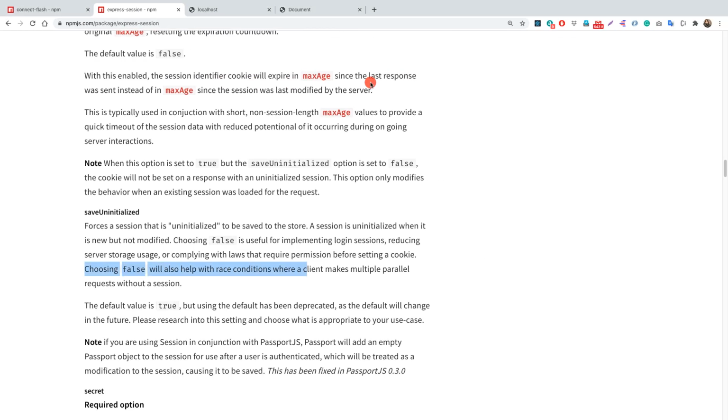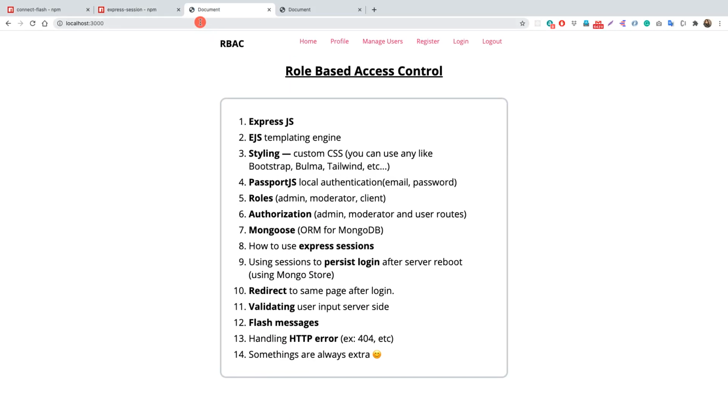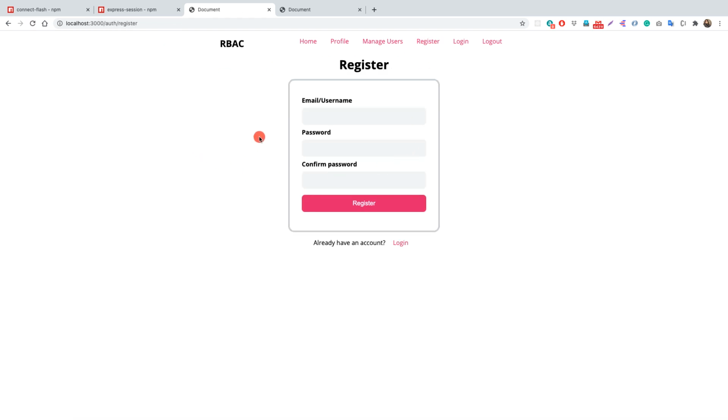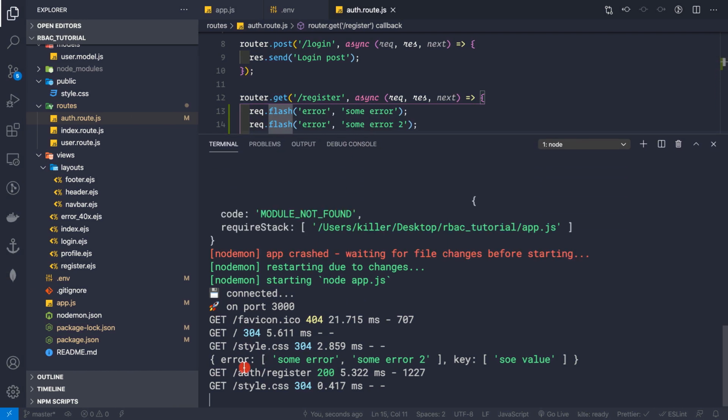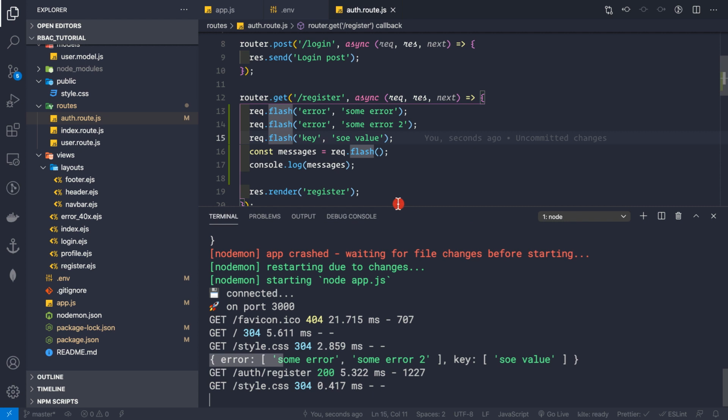So let's go to our application here, and let's reload the page. We see that we are on the home route. Let's click on this register route. Now we are on the register route, but let's go back here and see what we are getting in the console. We see here that we are getting this object, that is coming from the request.flash thing. Let me minimize this here. Basically we are simply making a log statement of these messages here. So we see that we are getting this object here.